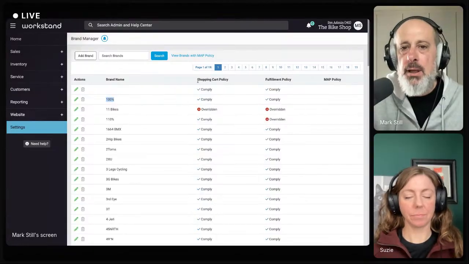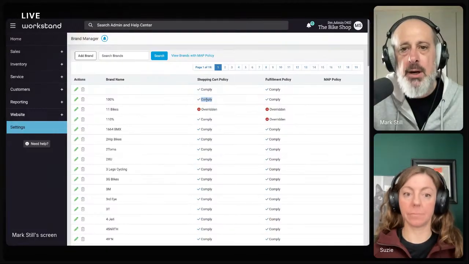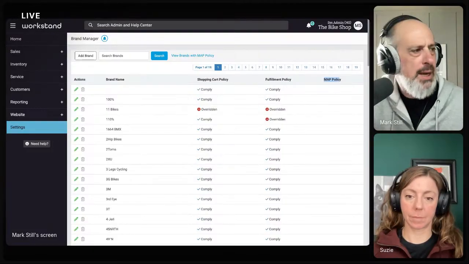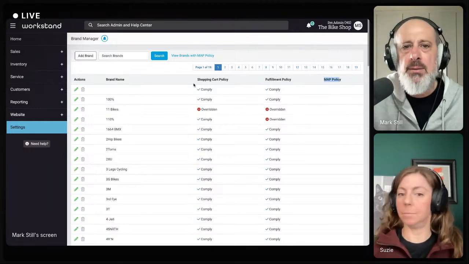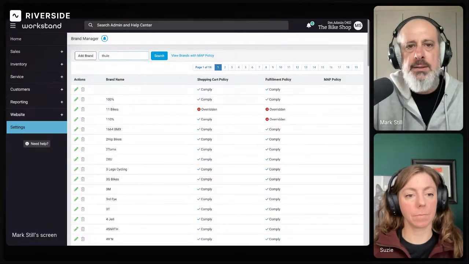And then it lets you know if it's in compliance with the way we set it up, because you have control over these settings as far as, is the shopping cart enabled? Can it be shipped? Is it available for pickup? And then there's this MAP policy. If they participate in our MAP policy, which we call price integrity, that's noted here. And in fact, we're going to look at one of those that I happen to know does that,